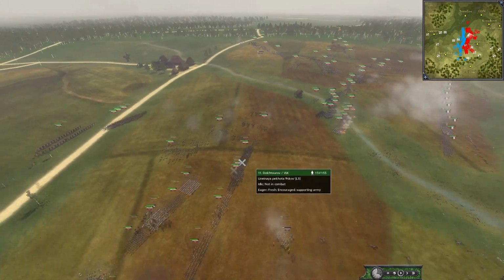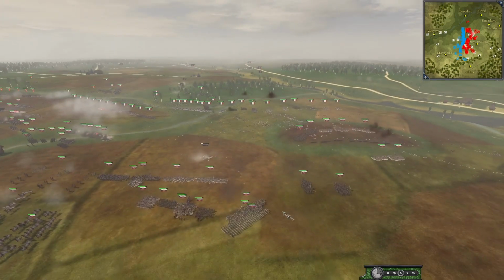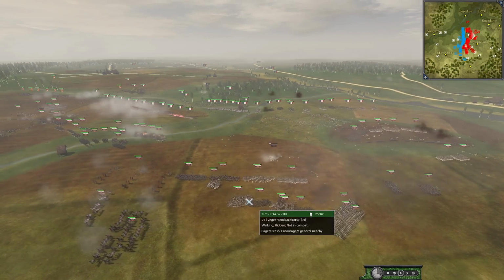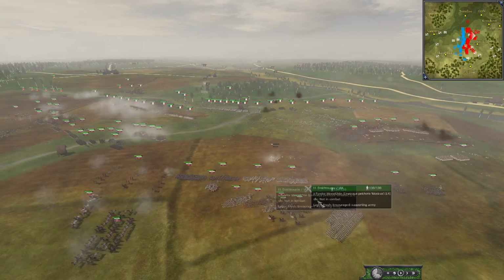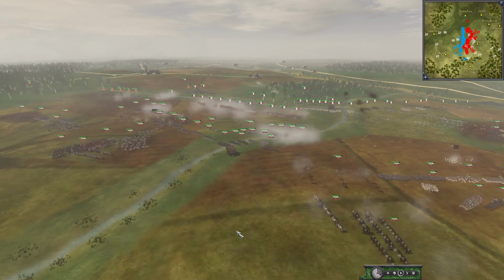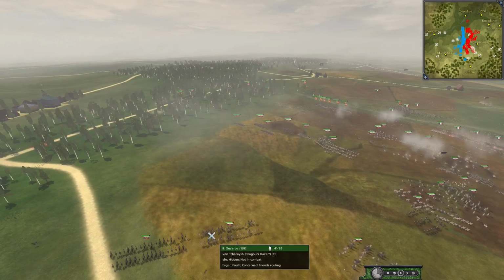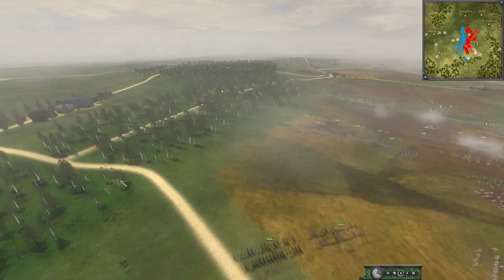Maybe not. Maybe this is their reserves, but they do have reserves. Yeah, they have plenty of reserves here to fight the French, and I don't think the French see them yet. They are hidden. These guys are not, but all of these guys are definitely hidden. So, it's anyone's game still. You see that there are some Russian cav sitting in the back here, just in case